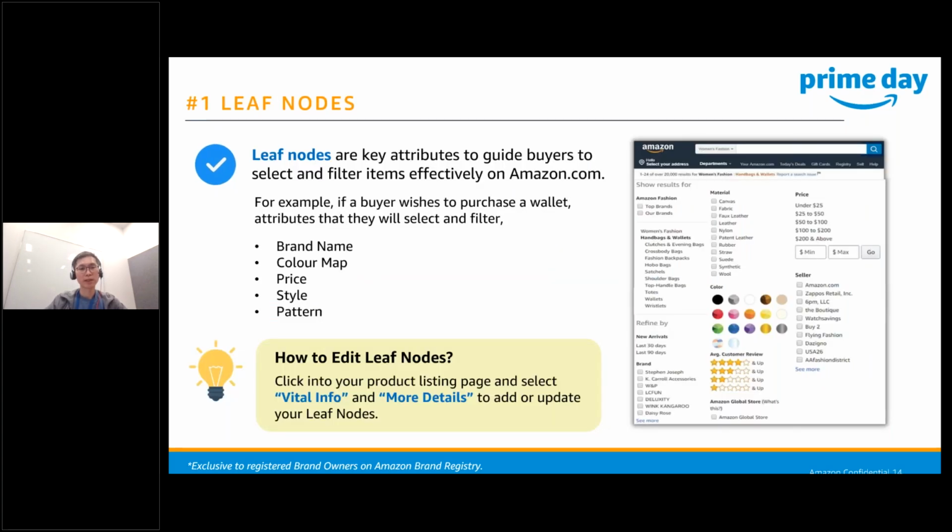Now, first of all, these leaf nodes are the key attributes to guide the shoppers, the buyers themselves, to select and filter items effectively on Amazon.com. Amazon customers typically find products through search and browsing. So you will need to classify your products so that they also appear under the right leaf nodes. You can see on the lower left how you can edit your leaf nodes. Under your product listing, you can select the vital info,